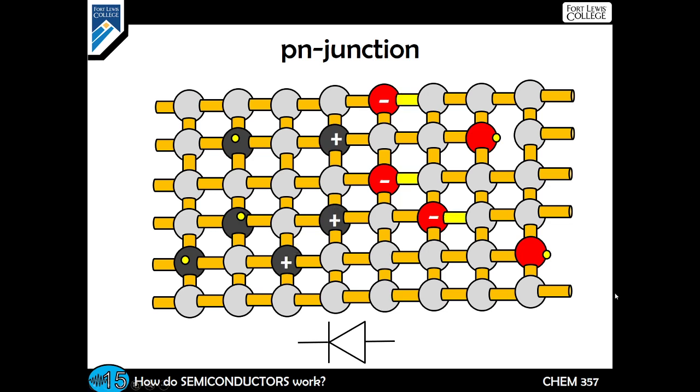But when you put them in contact with each other, you will get charges. The electrons will move to the holes. And so it's actually your n-doped semiconductor, which is this side, that acquires a positive charge at this interface. And the p-doped semiconductor acquires a negative charge at the interface. As a result,